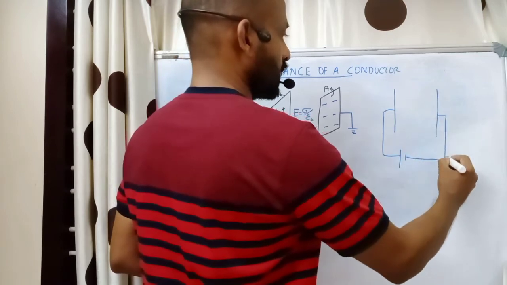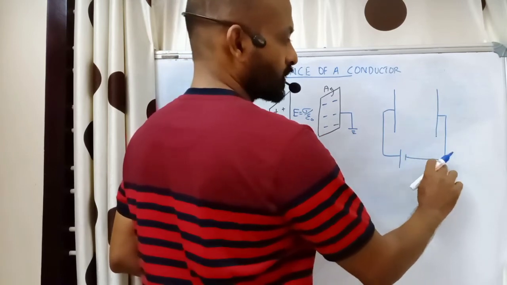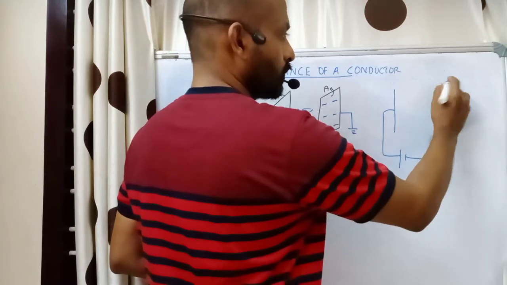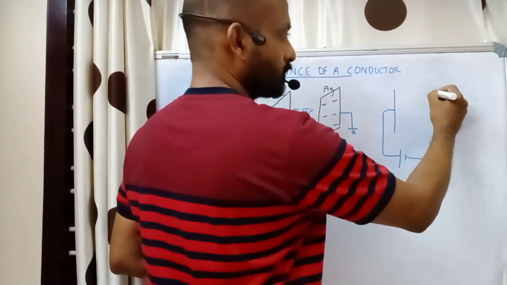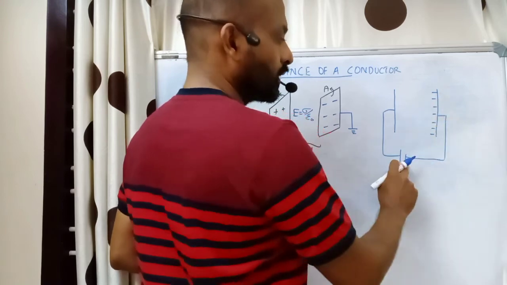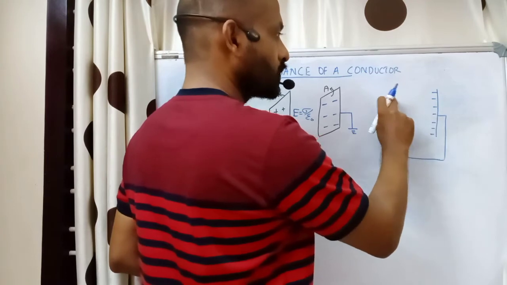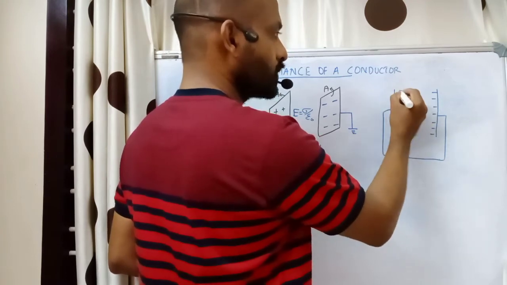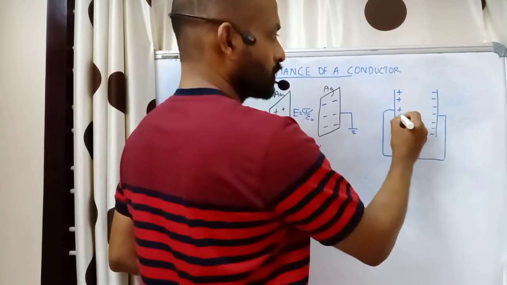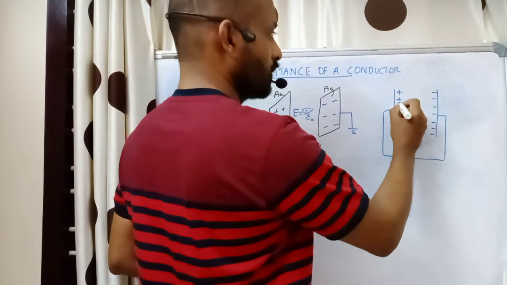What happens here is that negative charge, electrons, will be provided from this side. Electrons will start to flow and accumulate over this plate, so we can draw negative charges here. Who provides the negative charge? The negative terminal of the cell. This negative charge will induce positive charge on this side, an equal number. So I have drawn 7 negative, and I can draw 7 positive also.